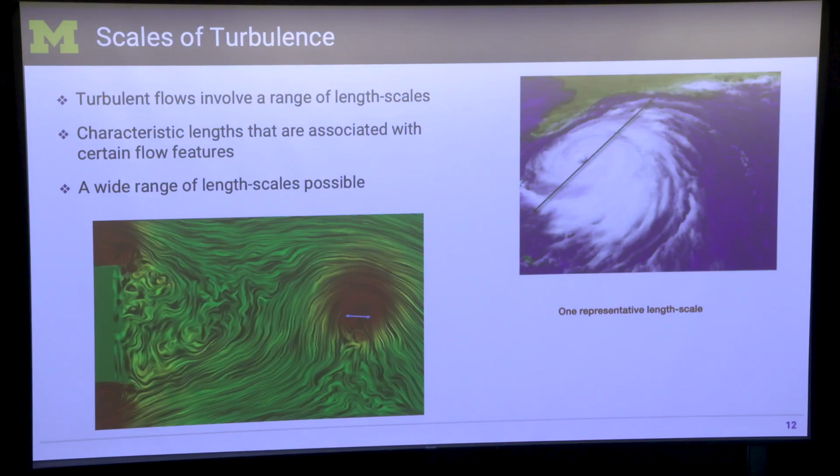And you see that arrow that I've drawn. That's to indicate the diameter of the spinning vortex, right? And that is an eddy. We call it an eddy. And it spins. It has certain kinetic energy associated with that spin. You can think of that as somehow representative of the turbulence that's in the system.